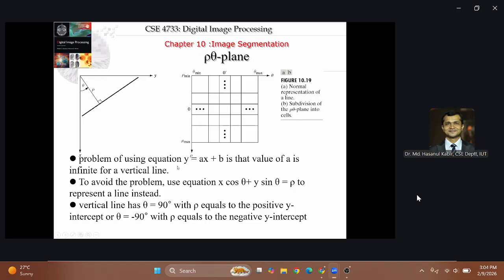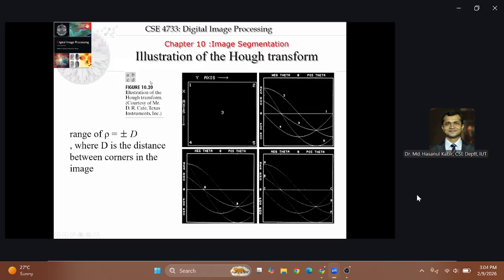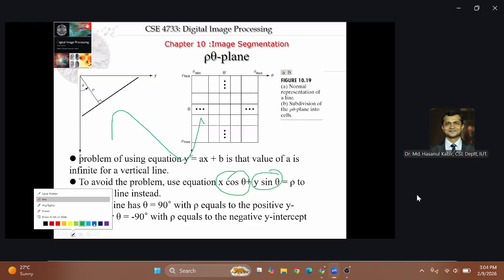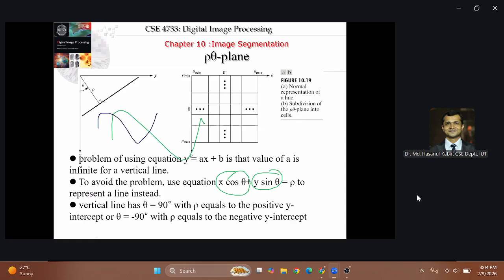And then again, in the polar coordinate system, if you do the voting, the votes are no longer straight lines. You see they will appear as some periodic curves. Why will they appear as periodic curves? Because in your equation you have this cos theta, sin theta. That's why whenever you are doing the voting in the parameter space, you will see some periodic curves. But even though there are different kinds of periodic curves, the periodic curves will intersect